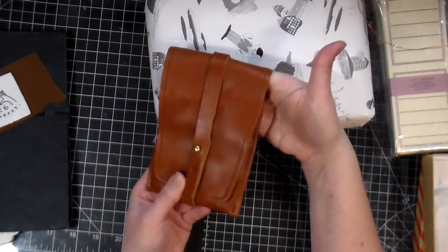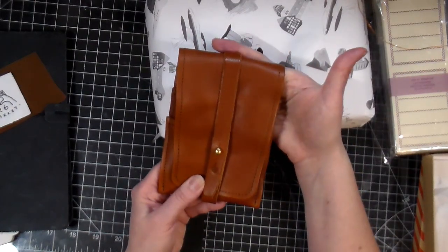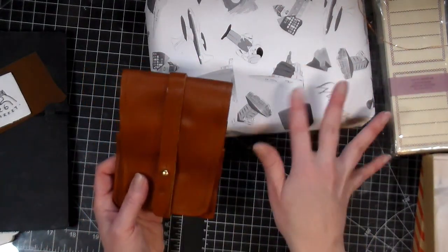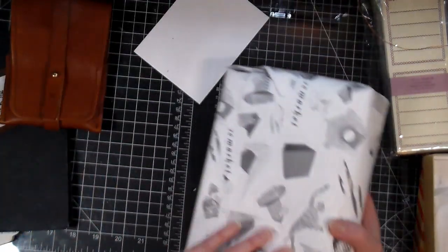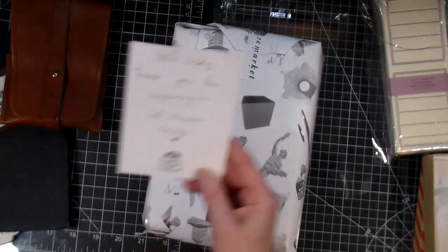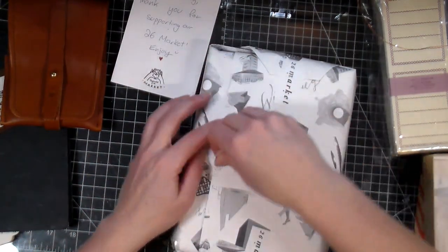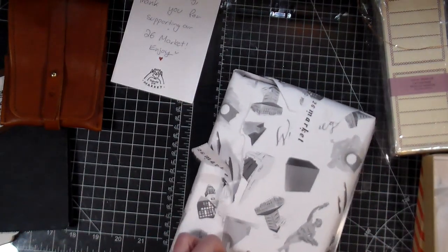Much less expensive, and because in Canadian dollars, much less expensive than what I've seen. And obviously, I could get free shipping if I purchase for a certain amount, which is why I purchased the other things that you see on my desk. It's all stuff that I would need. Oh, super sweet, a little note. I love it. So it's all stuff that I would use anyway, so I was happy to get it